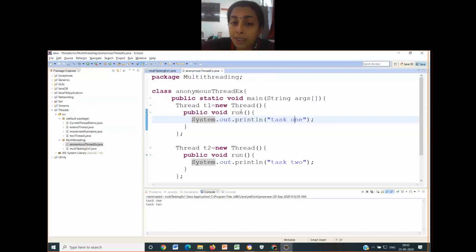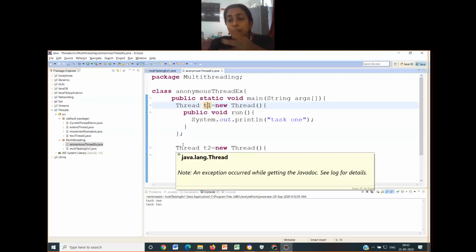Now, this talks about the run method of T1. Now I don't call it Thread 1, I call it T1. There is the ending of the run method, the ending of the definition of T1, and there is a semicolon. It means declaration and initialization are combined.